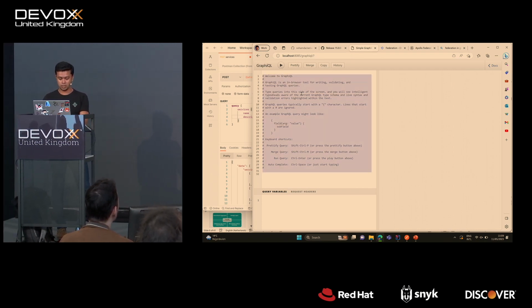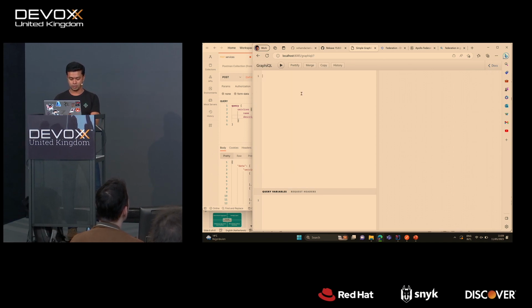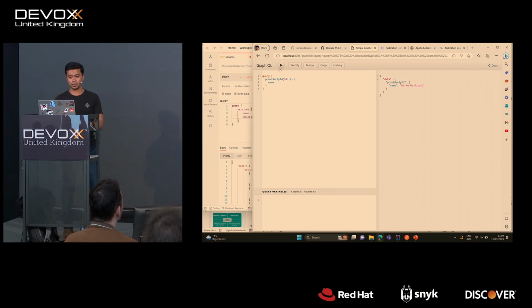And it gives you autocomplete. So for example, if I want to do a query of provider by ID, and I'm going to do an ID of 4, for example, and I want name only, and voila, I have the data.